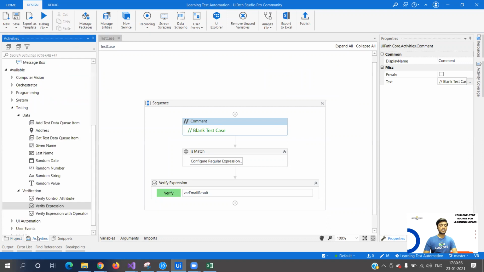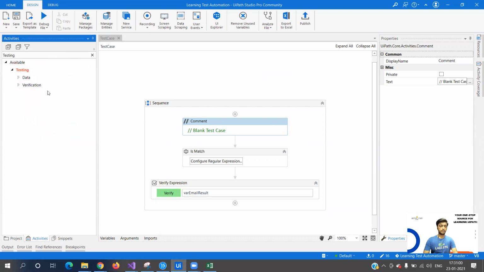So what are the testing activities available now? Let me type testing over here. You see there are two types of testing activities available. One is if you don't have your testing data, or you have been told that you can just take random names, mobile numbers or anything as such, how you can generate that data. That feature is also provided in UiPath. Now this is not what I'm saying is the data driven test cases.